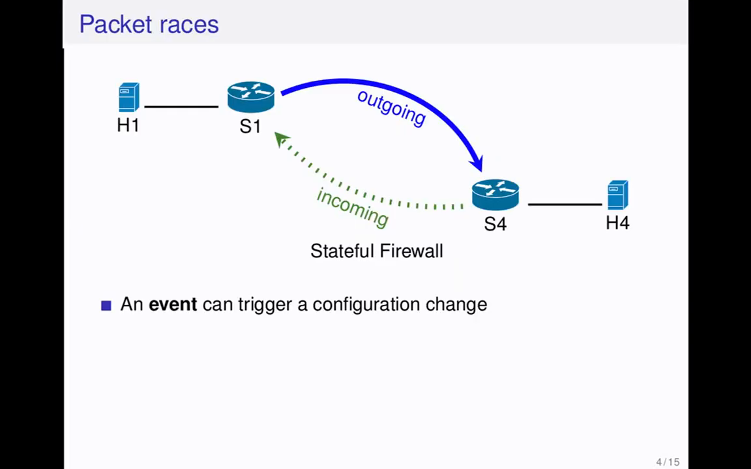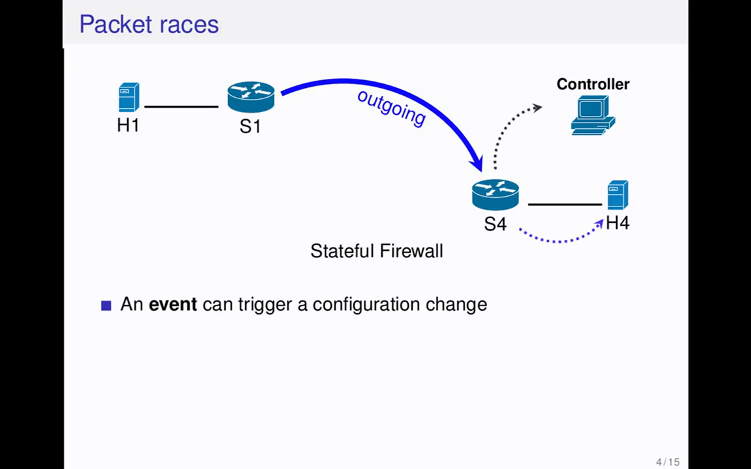Okay, so the first part is how to eliminate packet races. Let's look at an example where a packet can trigger a configuration change. This picture is what's known as the stateful firewall, and incoming traffic along the green path is only allowed after basically outgoing traffic has happened. So let's try sending a packet from H1 to H4. When the packet arrives at switch S4, the switch knows that this is an event, and it knows that it needs to somehow set up the incoming path. But in the meantime,